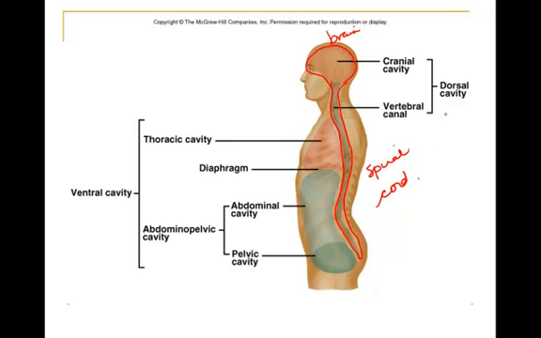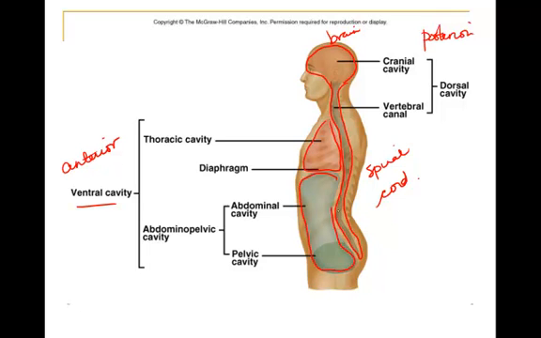This is a lateral view of the ventral cavity. Okay, so this is posterior. And this is anterior. Okay, and in the thoracic cavity we have the lungs. So the ventral cavity, sorry, has two parts to it. The thoracic cavity, which has the lungs in it, and the abdominal pelvic cavity, which has the abdominal organs and